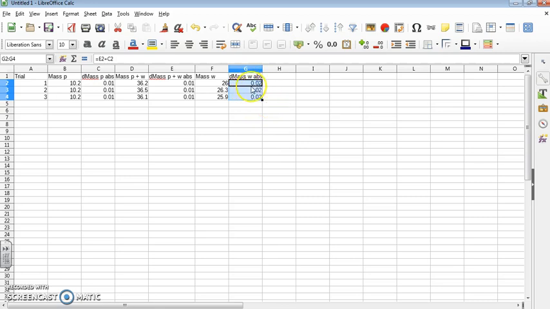This way it's actually a little better, because if I made a mistake here and I change it, it'll automatically change this number. So this is maybe a little more advantageous. All right, now I want to get what I have for the density of the water for the day. And so I got density of water. I looked it up, and I got